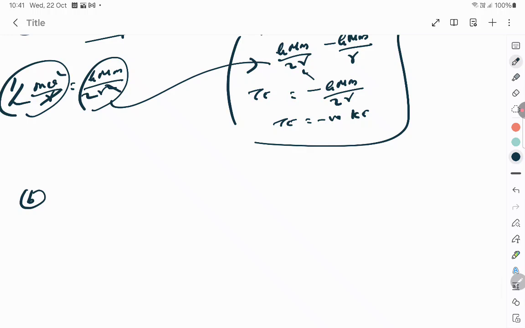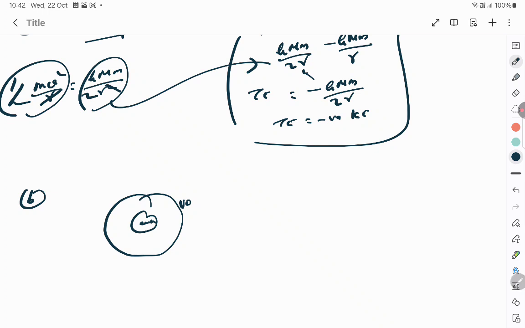The B subdivision: the energy required to rocket an orbiting satellite out of the Earth's gravitation. So a satellite is orbiting around the Earth with an orbital velocity. You want it to escape from the Earth. The energy required to rocket an orbiting satellite out of the Earth's gravitational influence is more or less than